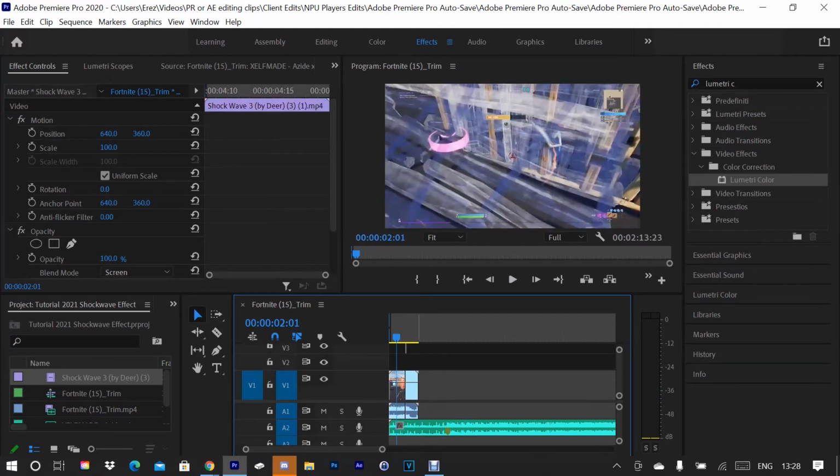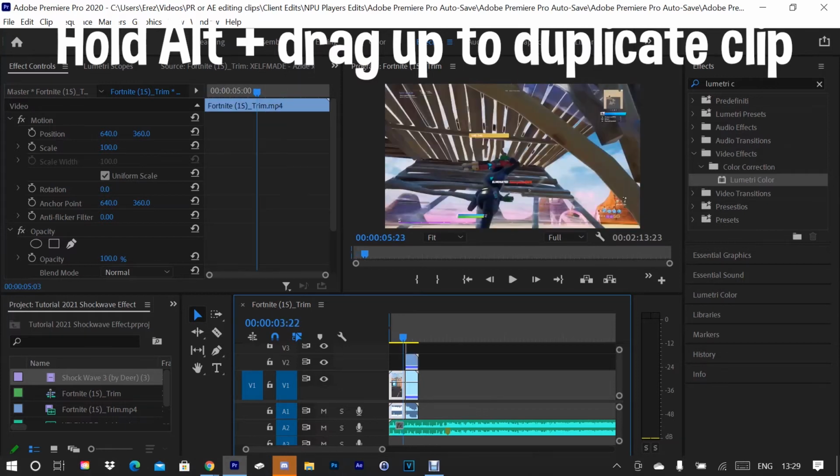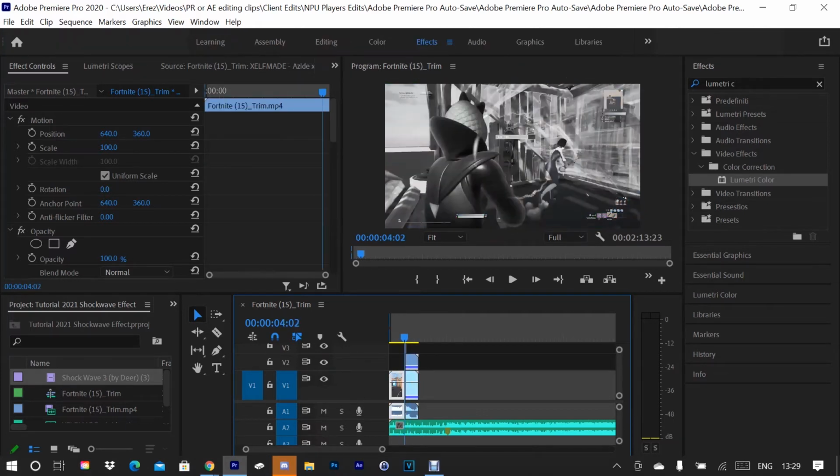You might want to have a Shockwave fade out, or a fade out on the saturation. So what you want to do is go to your second clip after you've killed them, which you've split, hold Alt and drag up, and then it will make another duplicate layer. This blue strip will mean that you have a duplicate layer. Now you want to get your Geometry Color, and drag it